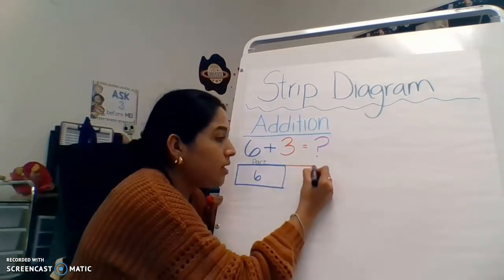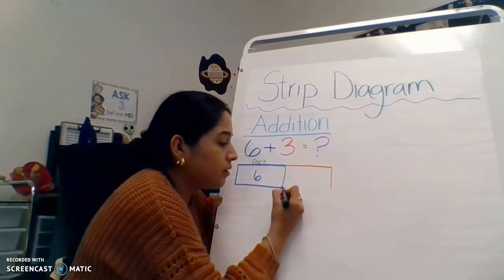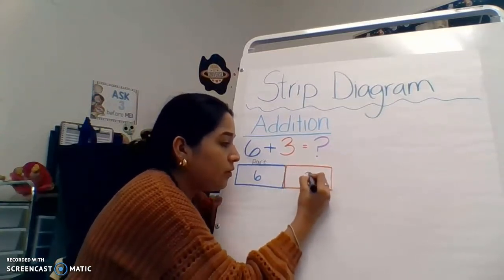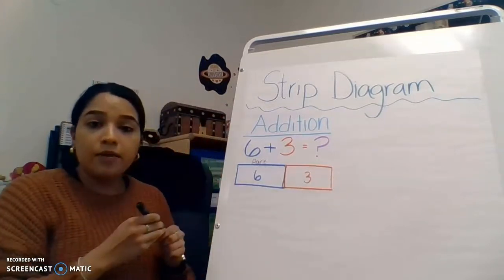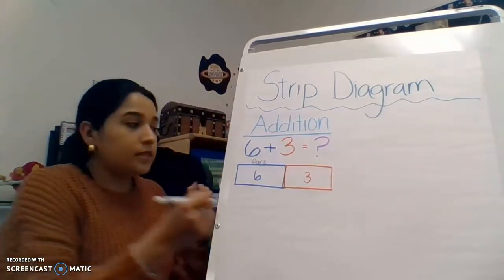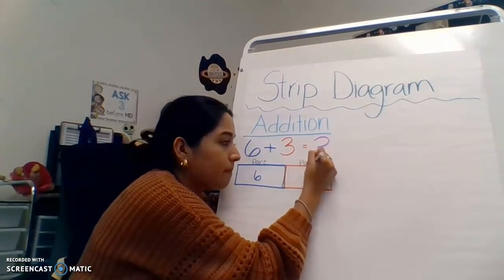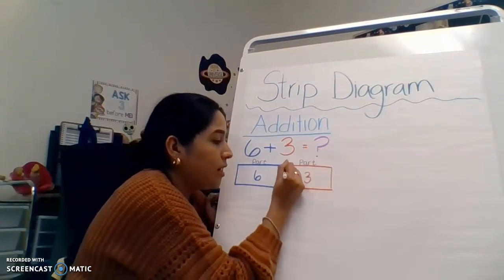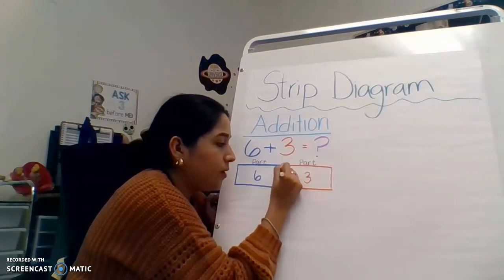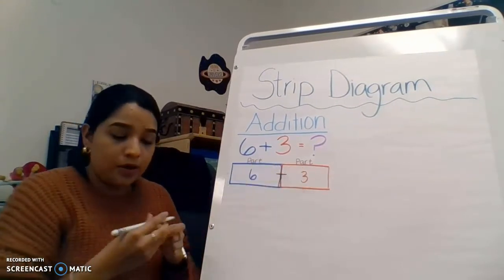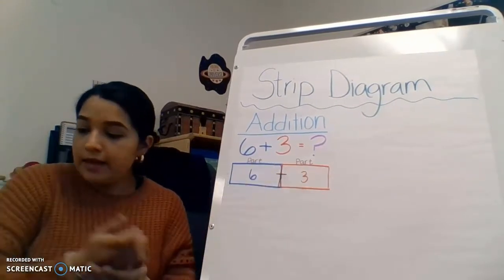We had 3 redbirds. So I'm going to go ahead and draw a red square in order to represent our 3 redbirds. So this is our other part. And we are adding both of the parts. So we are adding them together. So part, and